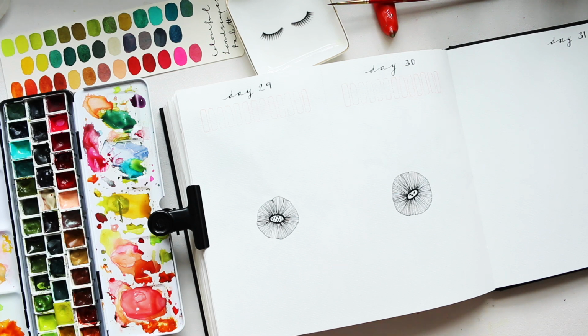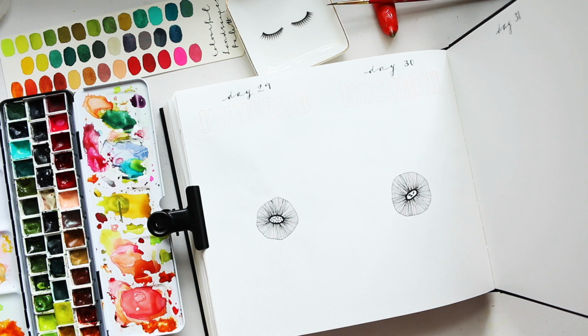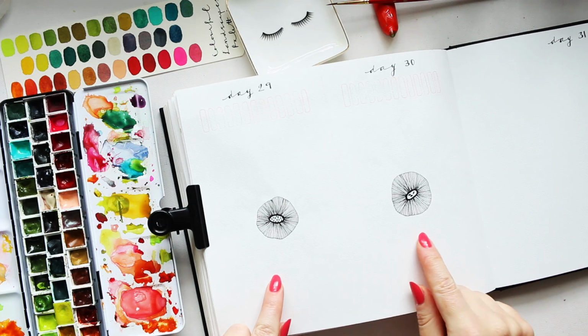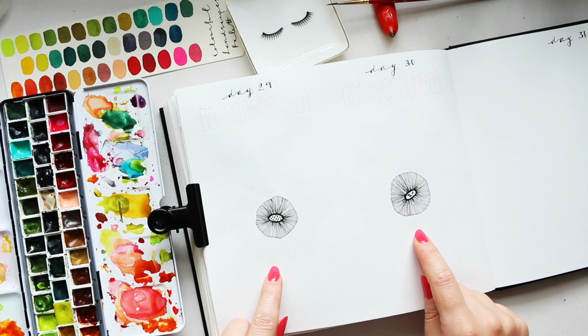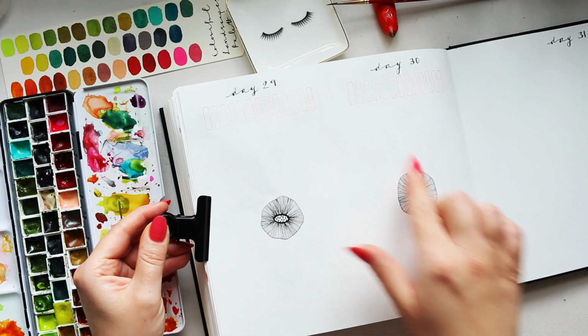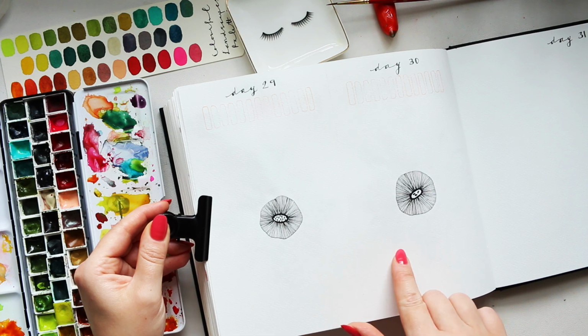I am doing a botanical inspired watercolor month, and as you can see, we're coming to the end, and here I have a full page left for day 31, which I'm planning something a little special, and so we have 2 days left before that. I have gone ahead and done the main flower illustrations on both of them because we're going to continue for this double spread